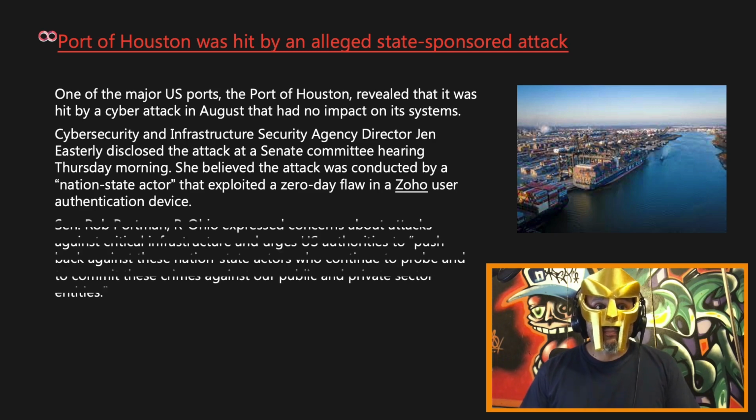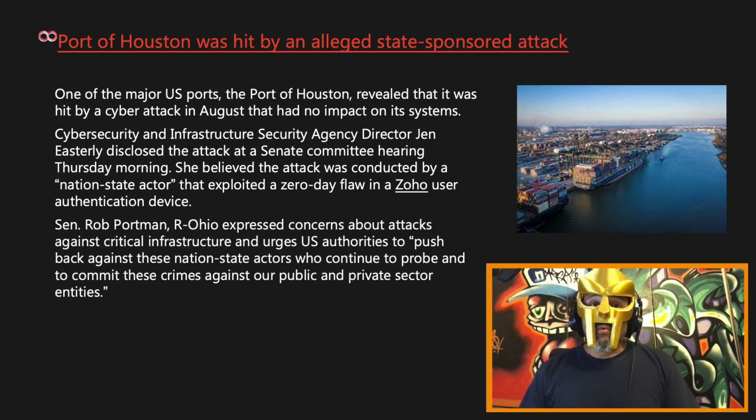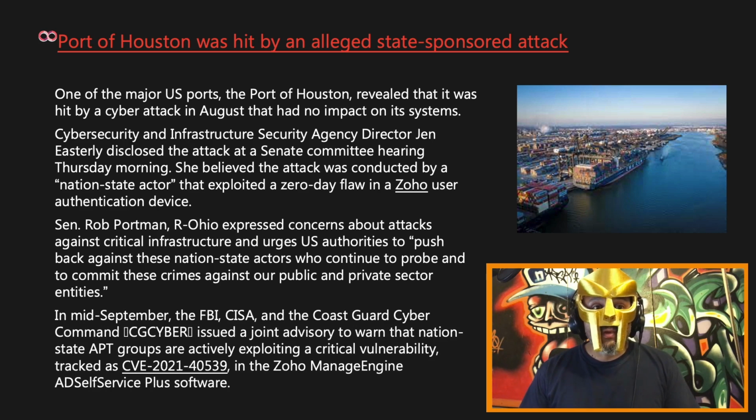Senator Rob Portman, a Republican of Ohio, expressed concerns about attacks against critical infrastructure and urged the U.S. authorities to push back against these nation-state actors who continue to probe and to commit these crimes against our public and private sector entities. In mid-September, the FBI, CISA, and the Coast Guard Cyber Command, or CG Cyber, issued a joint advisory to warn that nation-state APT groups are actively exploiting a critical vulnerability tracked as CVE-2021-26084 in the Zoho ManageEngine ADSelfService Plus